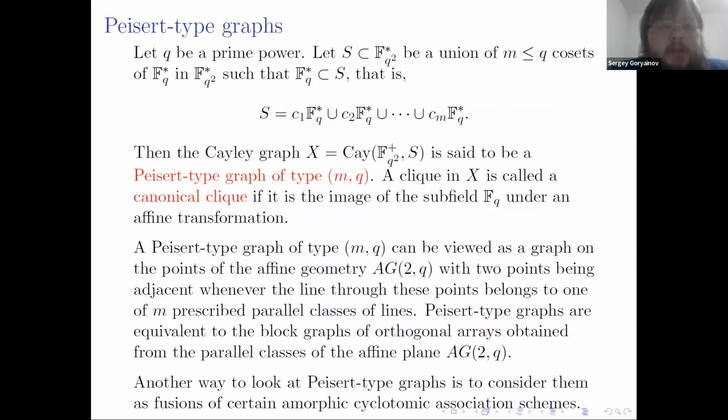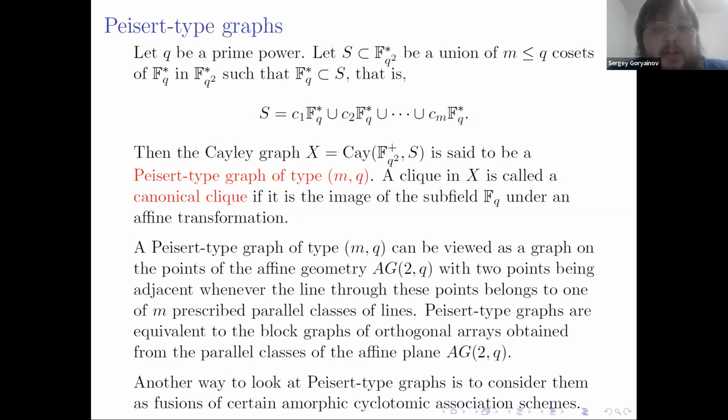Let us discuss a family recently called Peisert-type graphs. Let q be a prime power and let S be a subset of the multiplicative group of the finite field of order q squared. Let S be a union of m cosets of the multiplicative group of the subfield in the multiplicative group of the bigger field, such that